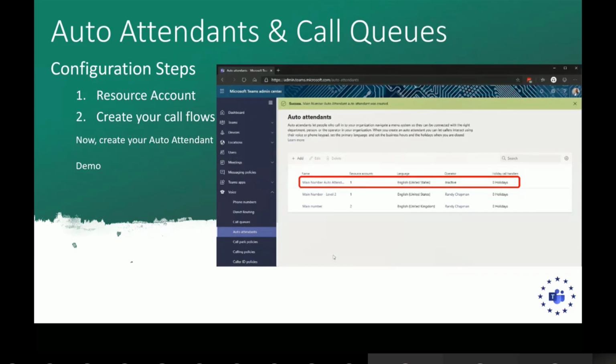When these were created in the first place, there was obviously a disconnect between specifying the number for the resource account and then being able to do the call flow. Microsoft is working very hard on making that process a lot smoother and simpler. The last one I created, I was able to make calls to it and answer calls for the call queue within a matter of minutes. So it should be a lot better. And if it isn't for you, again, it raises a support case if you need to.